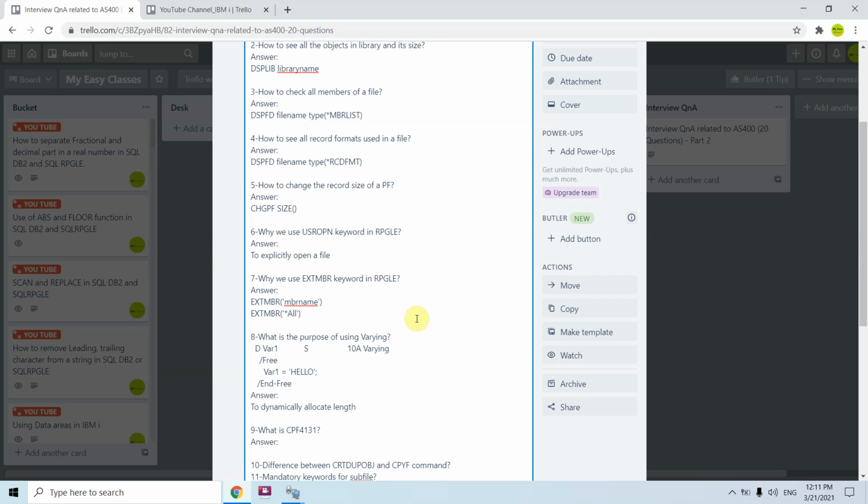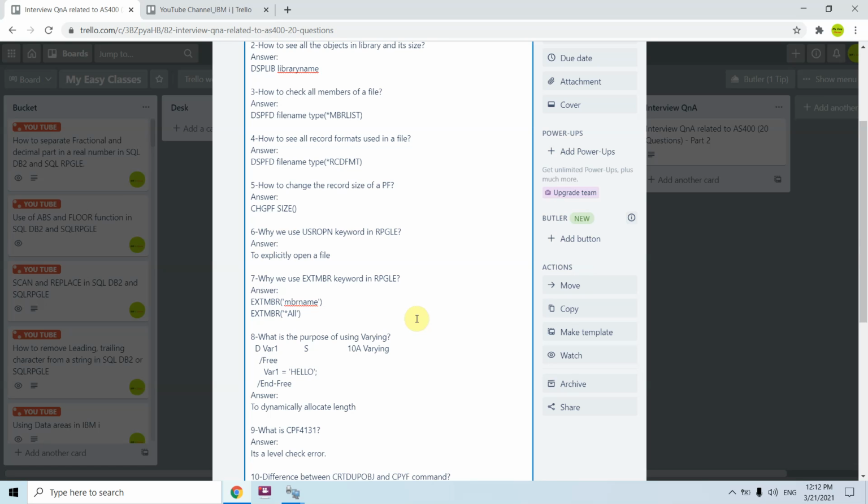4131? So it's a level check error, and it basically occurs when, for example, we have changed anything in our PF and that PF is used somewhere in a program, let's say in an RPGLE program, so the level identifier of that PF gets changed.